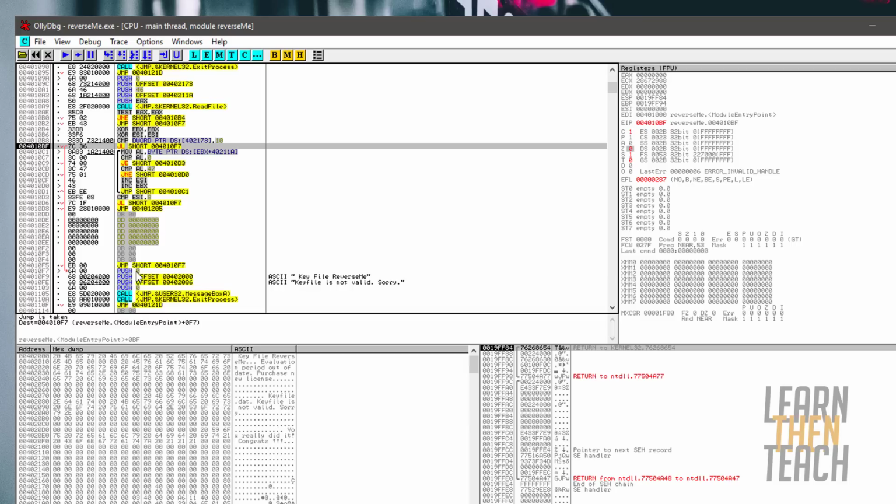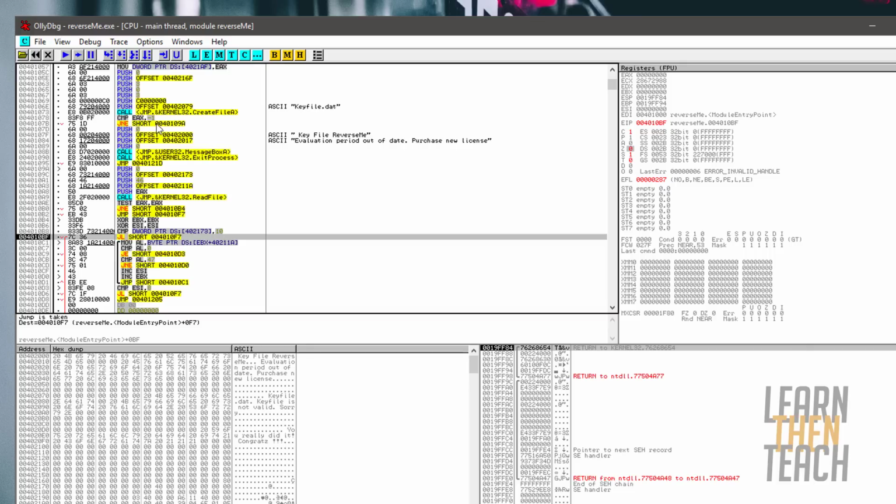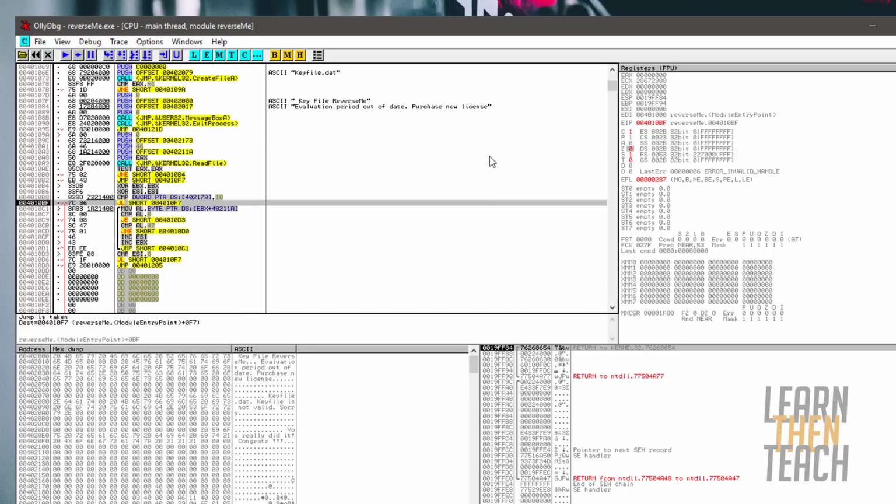So in order for us to make it into the next verification step of the program, which is where it loops through all the characters, we need to make sure that we take care of this jump first, because if we don't, then we're just going to go straight into the "key file is not valid" message. Since we have a jump if less than, which is different than the jump if not equal instructions that we've been messing with, the jump if not equal